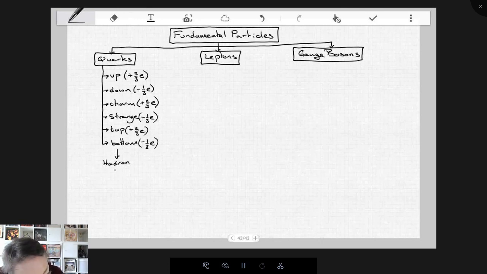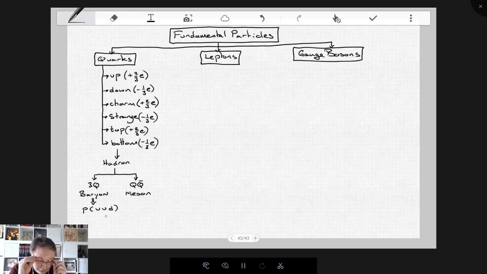The large hadron is basically a collection of 3 quarks, and they're called baryons. The smaller hadrons are made of a quark and an antiquark, which raises the issue of antimatter. That's with a bar across the top, and they're called mesons. An example of a baryon is a proton, which is an up, up, down, a collection of 2 ups and